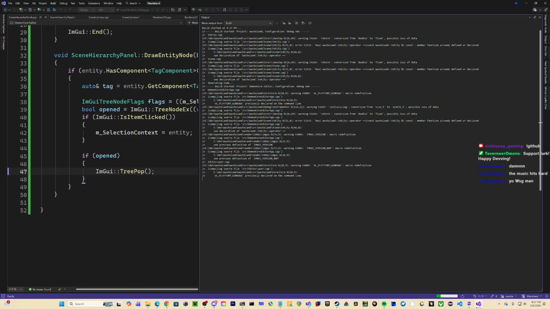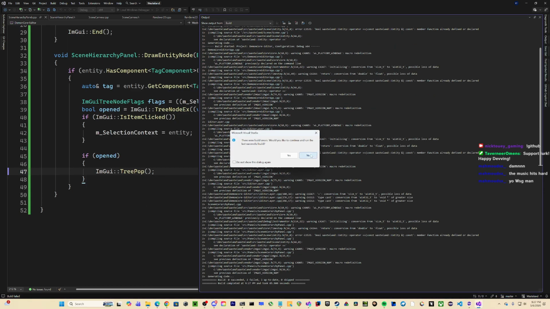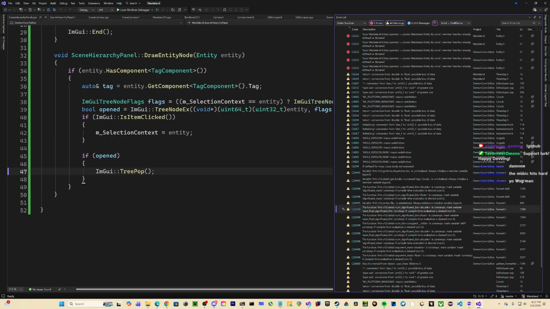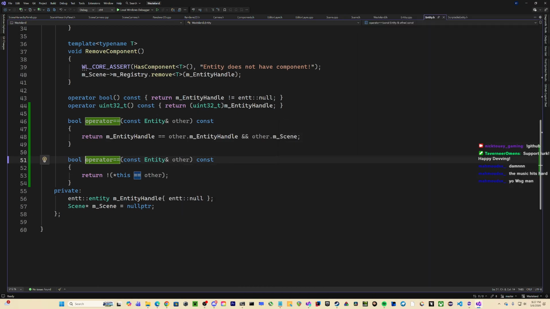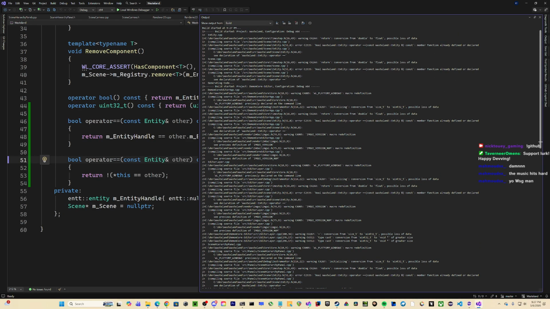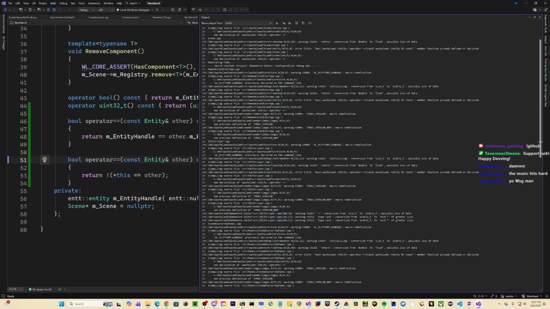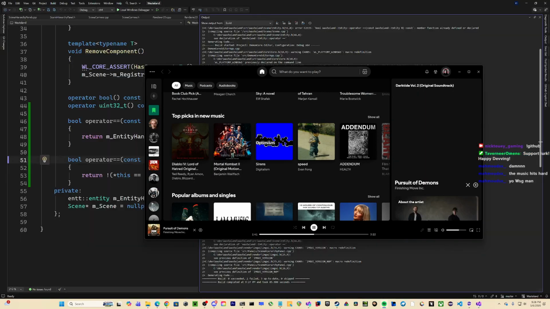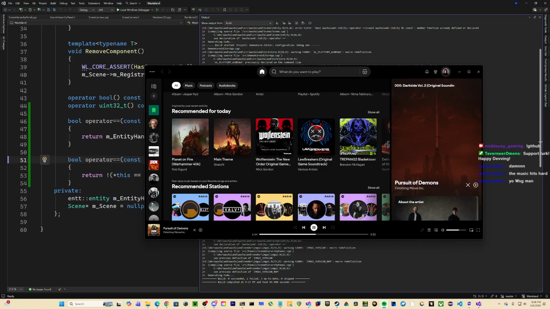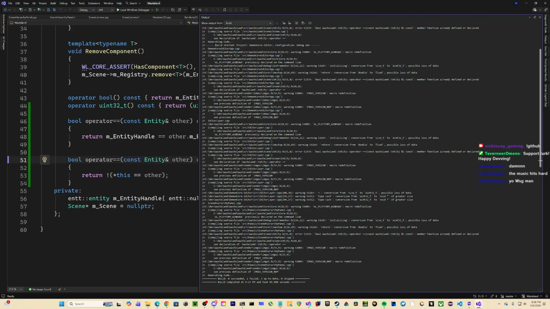Gonna try to build it. What? Member function.